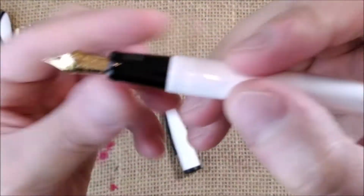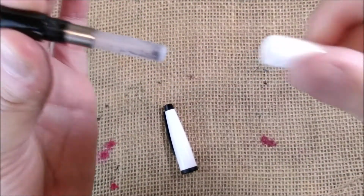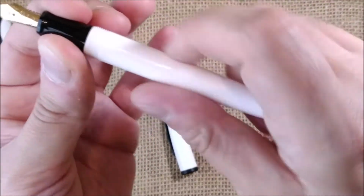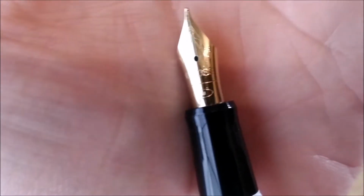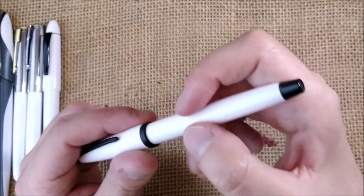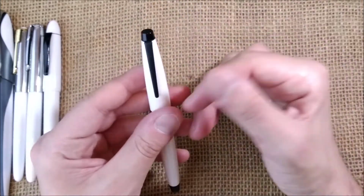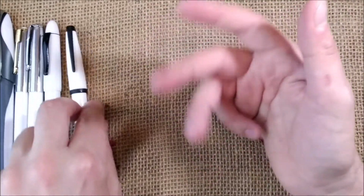And it is quite simple. Black section. It takes cartridges or converters, proprietary Cross converters, and they have these very, very good nibs. It's marked Cross. This is an M nib, and as far as I know, this nib, first I thought they were made by Sailor, but apparently the higher end nibs from Cross are made by the ones on the